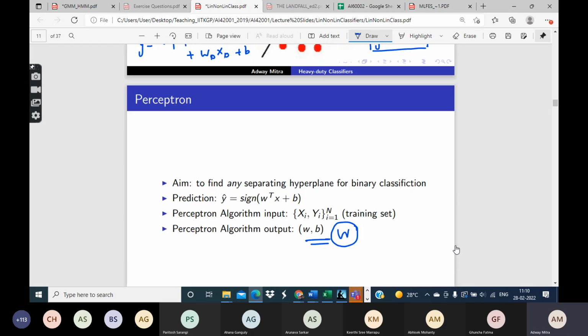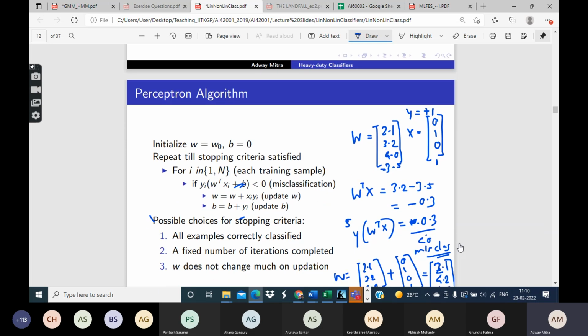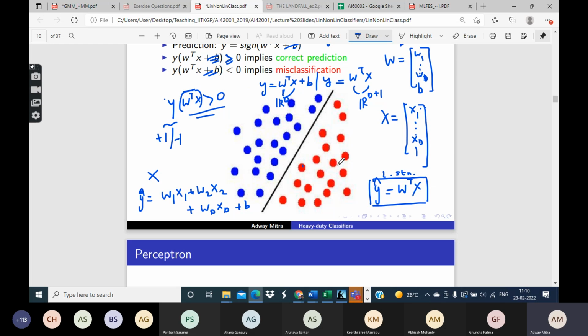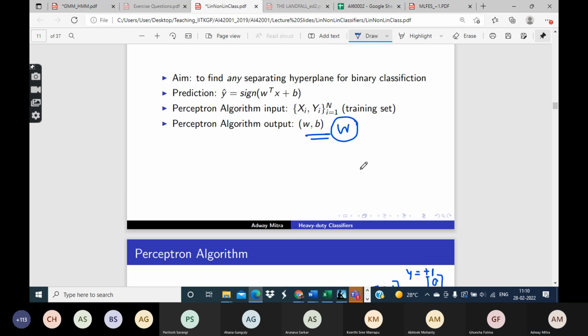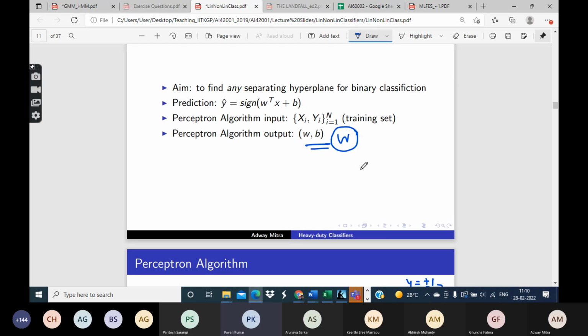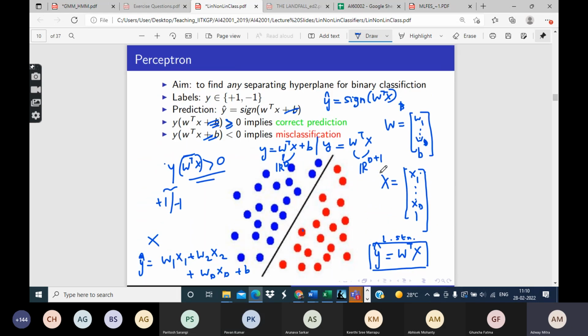So that's the linear classifier. Now, given a data set, we want to find a linear classifier such that all the points belonging to one class are on one side and all the points of the other class go to the other side. Sir, we'll do that operation y into w transpose x on the training data set to verify whether they are correctly classified or not? Yes, we'll do it on the training data set. This multiplication we will do during the training process. Correct.